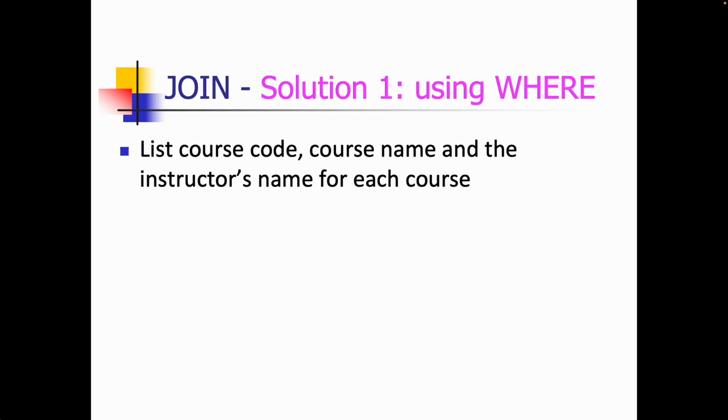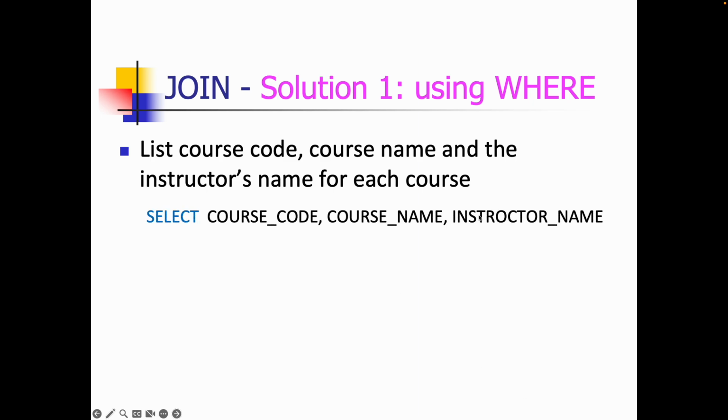Now, let's see an example. We want to find, for example, course code, course name, and instructor name for each course. So course code and course name are in the course table. Instructor name is in the instructor table. So we want to select, so up to here, we know that we want to write select course code, course name, instructor name from course, comma, instructor, which is the instructor table. Now we also want to join the tables, right? Because these are two tables, we want to get data from both, so we have to join two tables. So we write the columns that we want to select, from which table we want to select them, and you